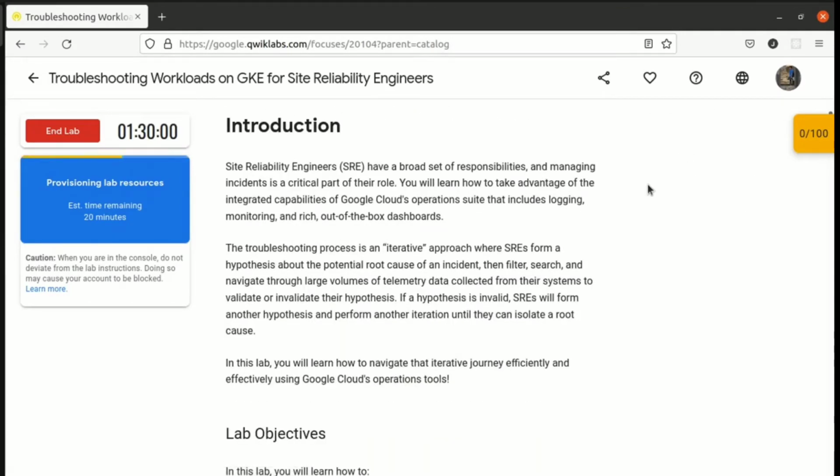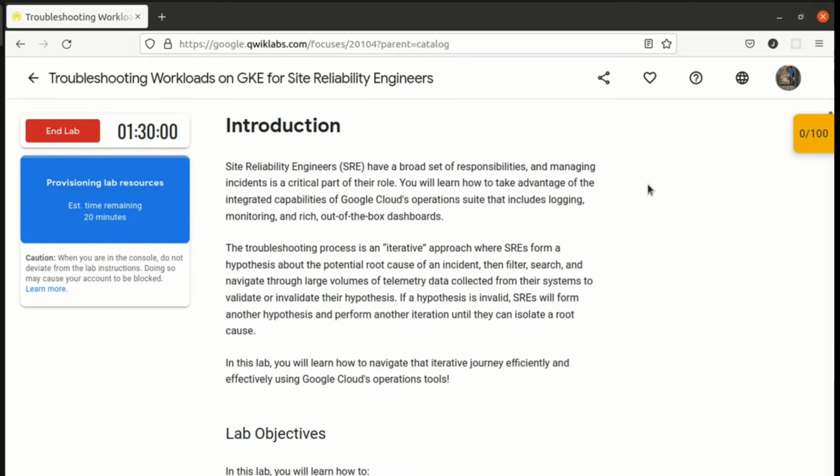Introduction. So guys, let's read the introduction till then, we have some time. Site reliability engineers have a broad set of responsibilities, and managing incidents is a critical part of their role. You will learn how to take advantage of the integrated capabilities of Google Cloud's operations suite that includes logging, monitoring, and rich out-of-the-box dashboards.